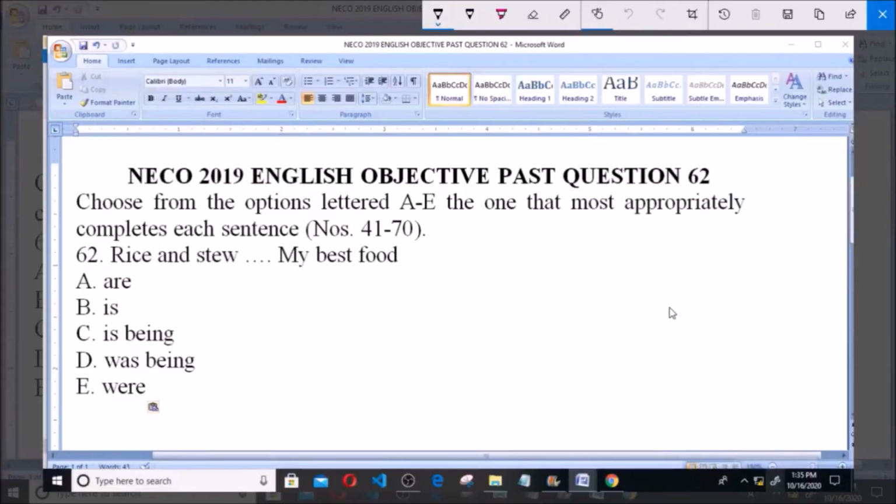Welcome, this is NECO year 2019 English objective past question number 62, and the instruction here says choose from the options lettered A to E the one that most appropriately completes each sentence. This instruction is to answer questions 41 to 70, and question number 62 says: rice and stew dash my